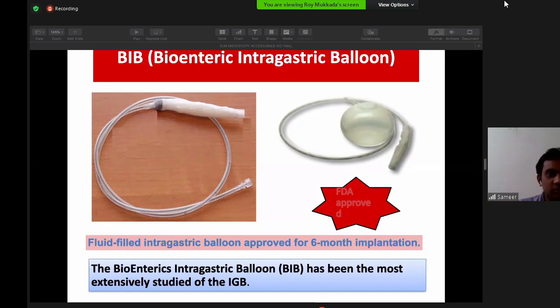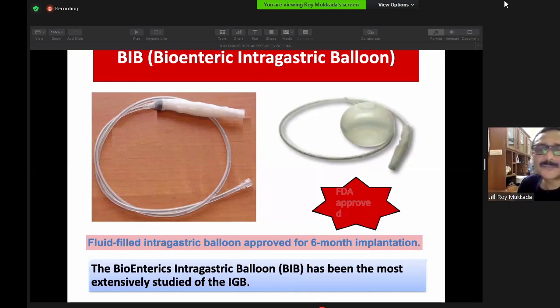So you put this balloon, reduce the weight a bit, and then go for bariatric surgery. The other thing is NASH. We can do temporary lifestyle modification, as I said. Some patients, if they can tolerate it for a certain period, reduce the weight and then continue the lifestyle. That's the advantage of this one. The problem is the moment you take out this balloon, if the patient is not in a good lifestyle, they will regain the weight. What you said is right.